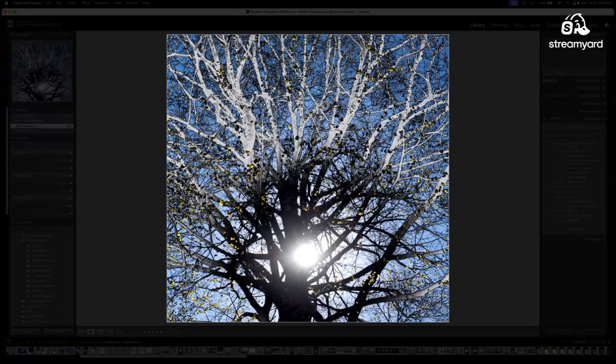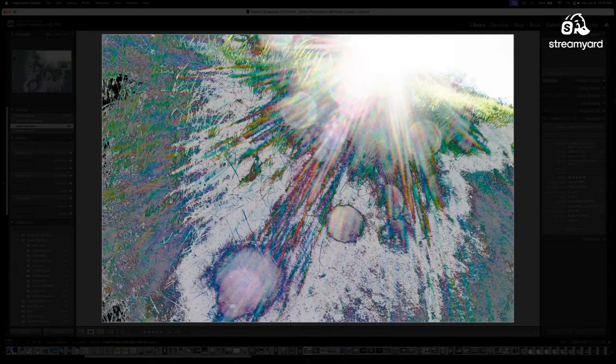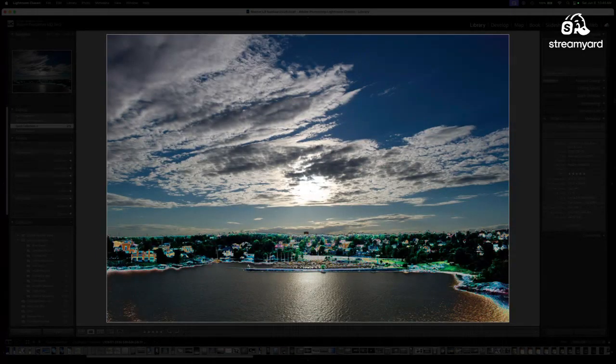So here we have some contrast inversion of a tree. This was taken in Central Park. Here's another tree image looking into the sun again in Encinitas. I had this on the wall for quite a while until my wife saw a monster in it somehow. So there's a monster face in here somewhere. And once you see it, you can't unsee it. This is called light on grass, just modifying the flare coming out of the light.